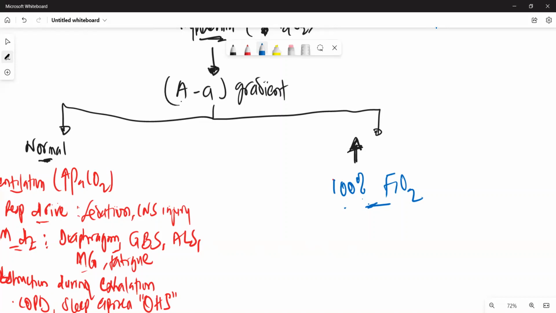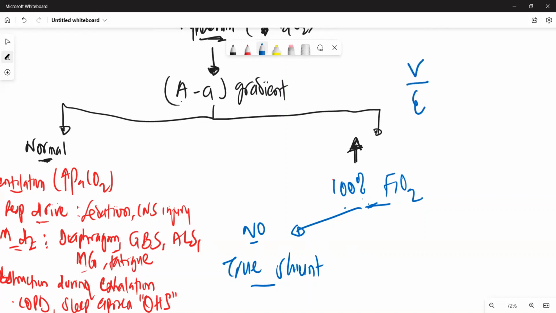And if the answer is no, then we're dealing with what they call true shunt. So we are dealing with shunt. And then what does that mean? What does shunt mean? Normally, the way our respiratory system is designed, the